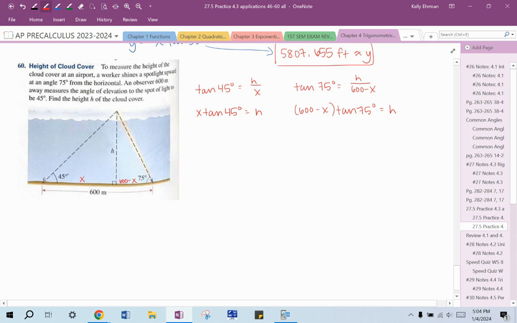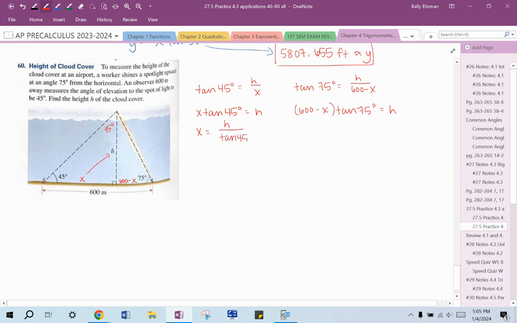Although actually in this one, this is a special case. If this is 45 degrees, then this is 45 degrees. So actually x is equal to h. So I could find x right now, and that would be my answer for h. If this is anything other than 45 degrees, then we would have to go through this the way I'm about to. So I'm just going to keep going, assuming that I didn't notice that this is isosceles. Okay, I'm going to solve for x